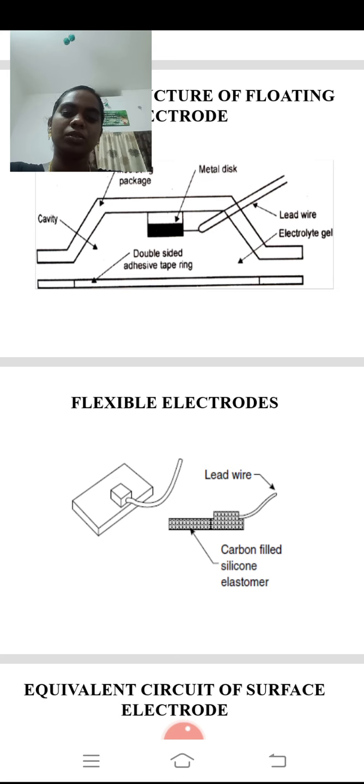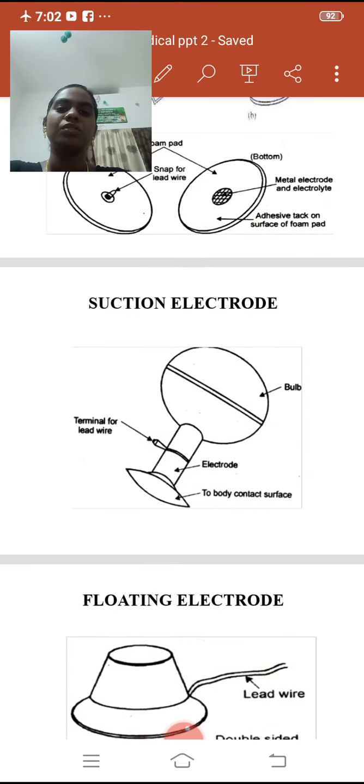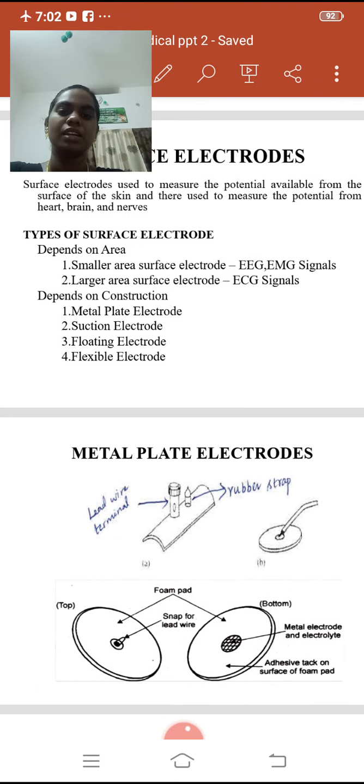So the arrangement is shown in the figure. Here this strip will be connected to our body, and through the lead wire the communication process takes place, in which first we have to tighten on our body and then loosen. It will sense the signals that occur during these two processes, and it will be compared to the reference signal for further communication purposes. So these are all the 4 main classifications of surface electrode.